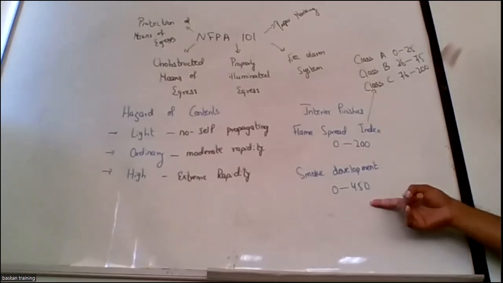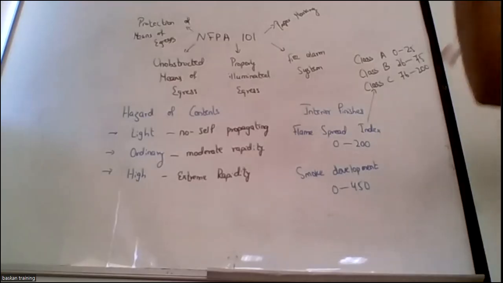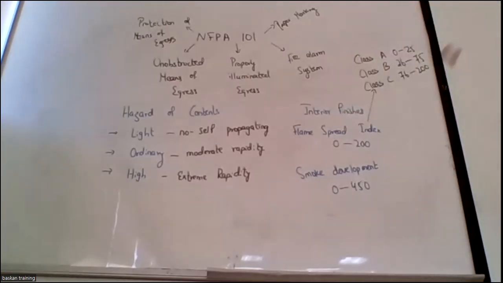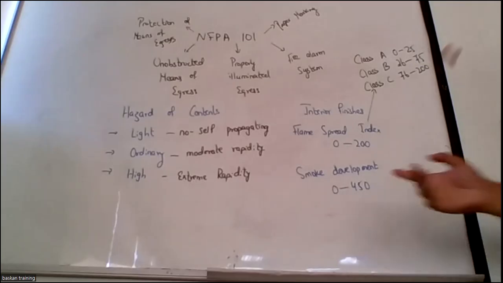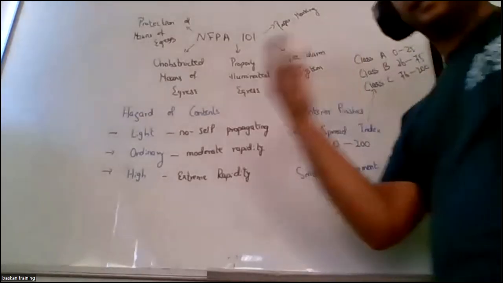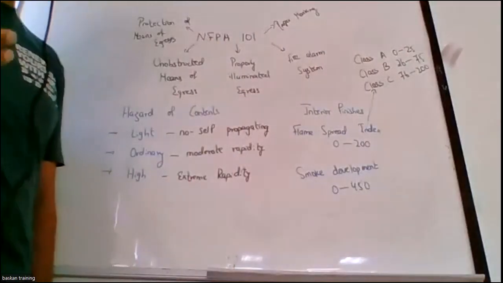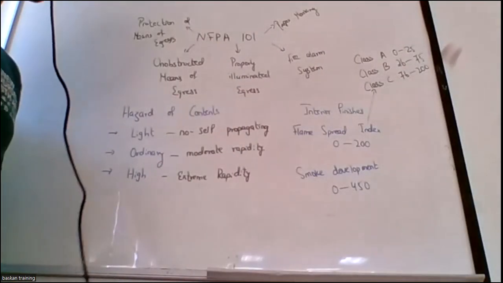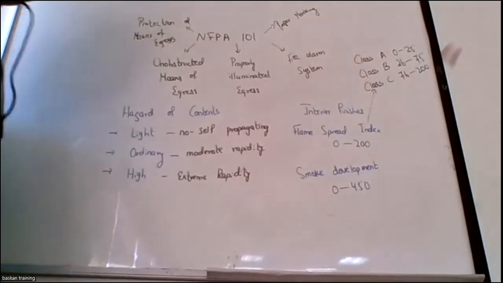Whenever it exceeds the smoke development ratio of 450, it means they need to provide an appropriate measure so that they can evacuate the people in a timely manner. That is why in the interior finishes, NFPA 101 says that the maximum smoke development ratio should be up to 450. Again, a scale value, meaning the amount of smoke being released over the area. Up to 450, clear visibility is there. But above 450, black dirty smoke can be expected, meaning denser smoke that can affect visibility as well as evacuation.